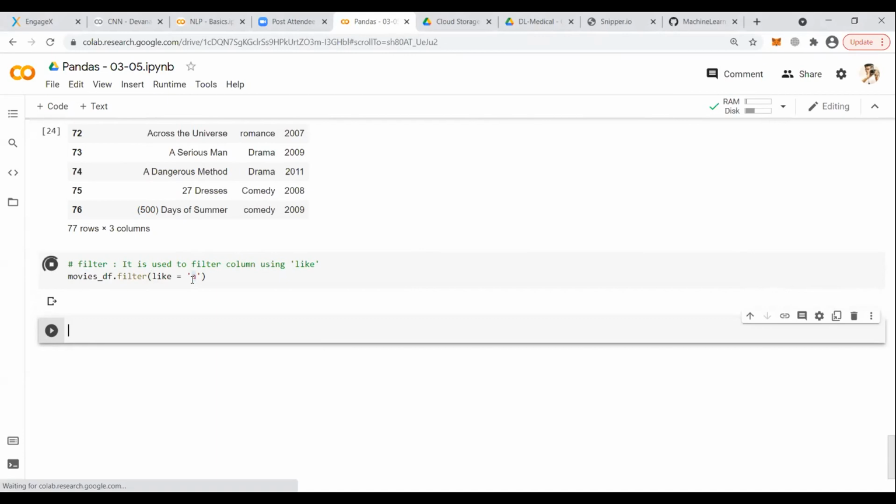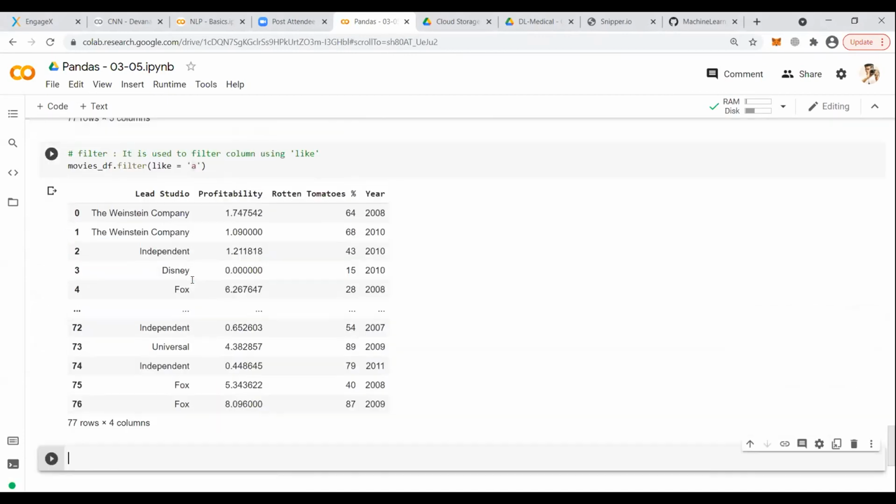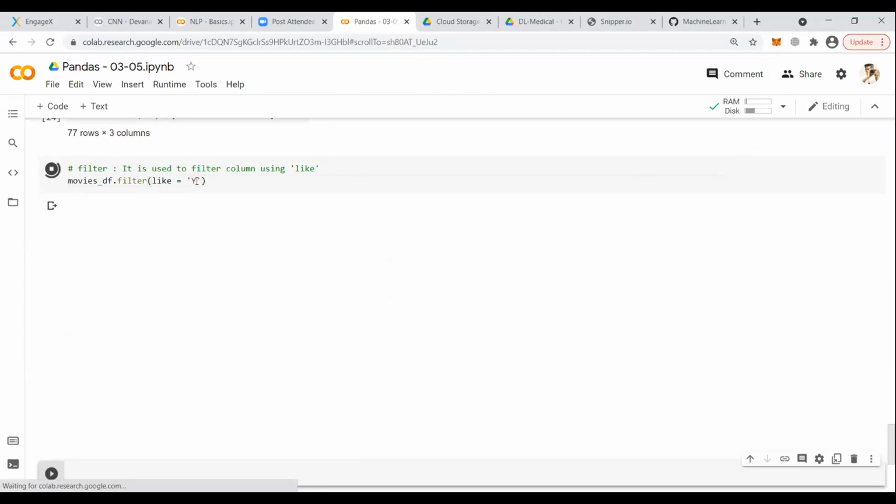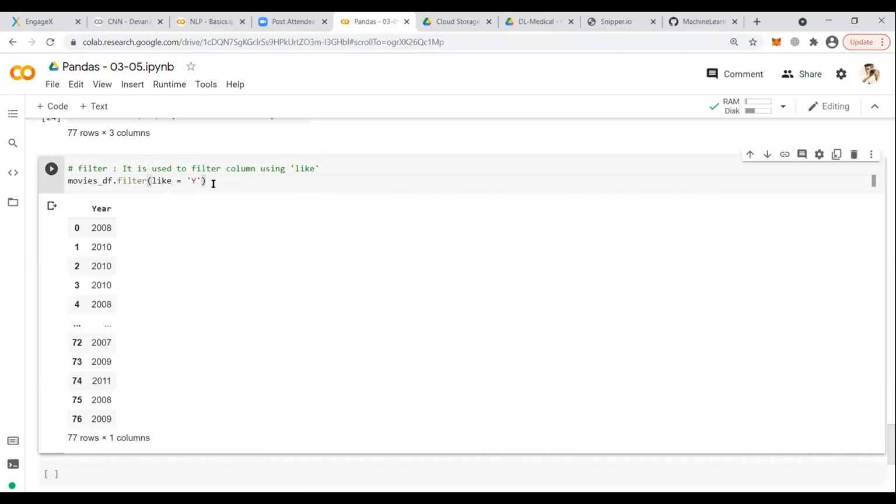If a is found, it will slice that column. Suppose I want to take a column which starts with Y, or which has capital Y in it. So like is basically used for slicing only columns. Remember this.